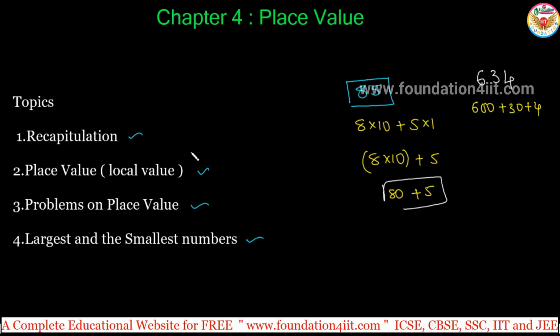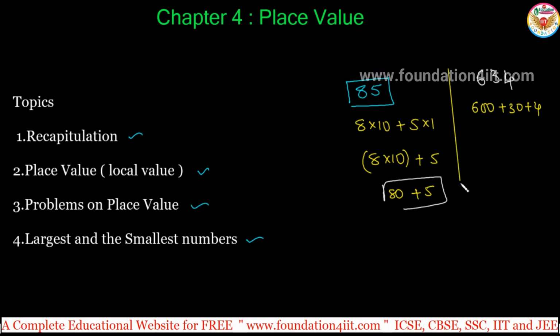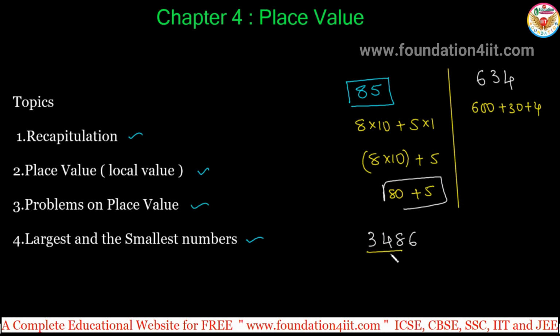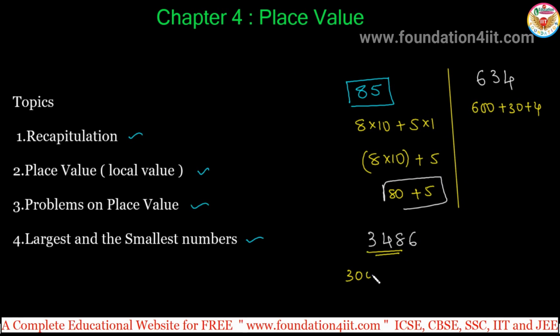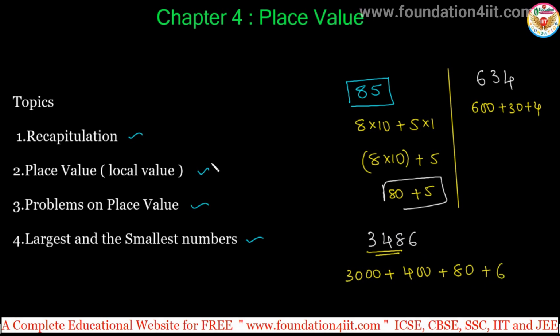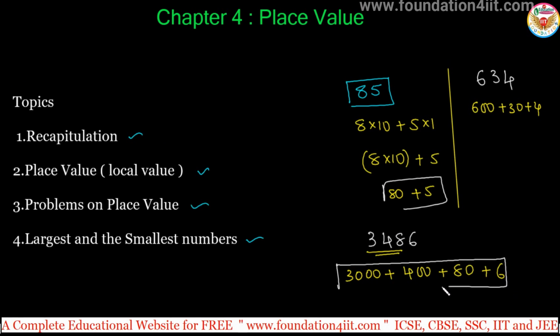Now here we need to know the place value. So let us see, using this expanded form, how to identify the place value. It's simple, not only for 2 or 3 digits but any big number, like 3486. Already we know how to expand this, right? That is units, tens, hundreds, thousands. 3 is in the thousands place, plus 4 is in the hundreds place, so 400. 8 is in the tens place, so 80. 6 is in the units place, 6. So based on this expanded form, we can identify the place value simply. Okay, let us see that now.